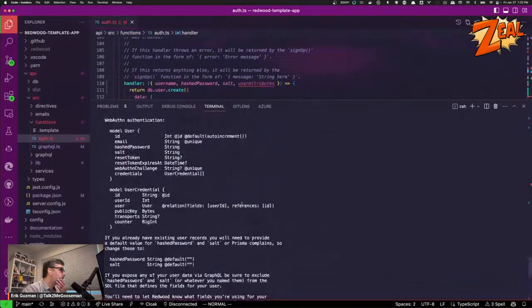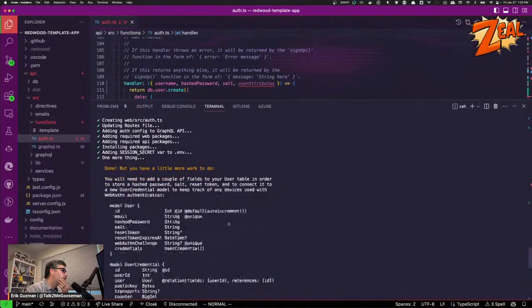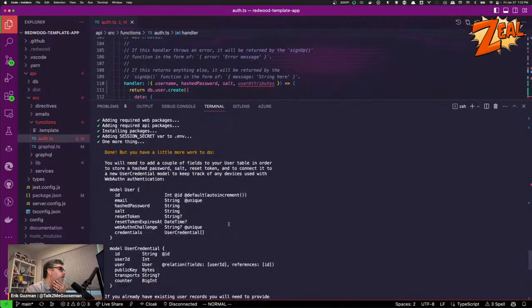All right, so let's read this. You will need to add a couple of fields to your user table in order to store hashed password, salt, reset token, and to keep track of any